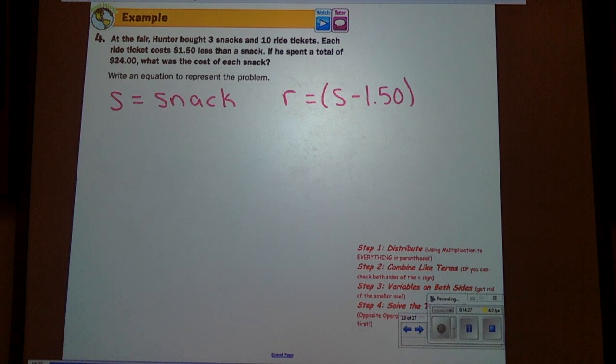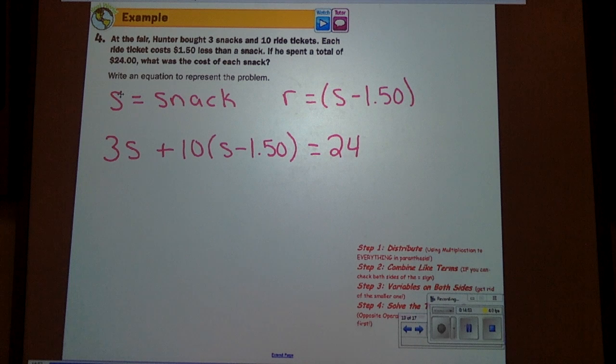Okay, so now let's set up the equation. If he bought 3 snacks, that's 3 times the price of the snacks, so 3S plus 10 ride tickets. So we have 10 times, and ride tickets are S minus $1.50 each. And in total, he spent $24. So the 3 snacks plus the 10 ride tickets equals $24. So I'm going to have you guys finish this one at home. I'm just going to start you off. Remember, you want to distribute first. You're going to distribute the 10 to the S and the $1.50. So you're going to bring down the 3S, and it's going to be plus